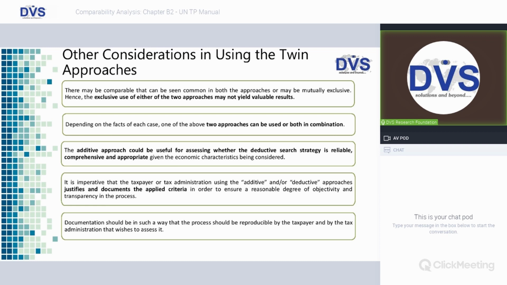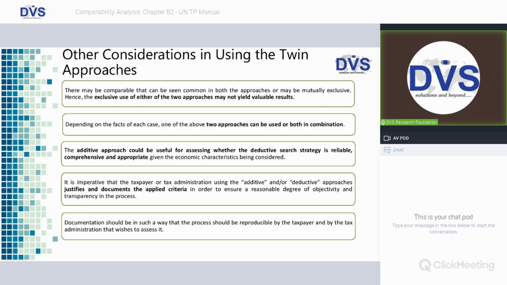Other considerations in using the twin approach: exclusive use of either of the two approaches may not yield valuable results. Depending on the facts of each case, one of the above two approaches can be used, or both in combination. Both in combination means that if we use the database, we get some three companies. Now we need to check who our competitors are and whether those competitors are there in these three companies, or